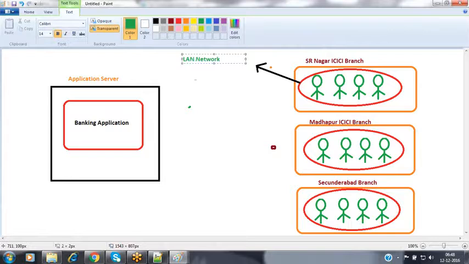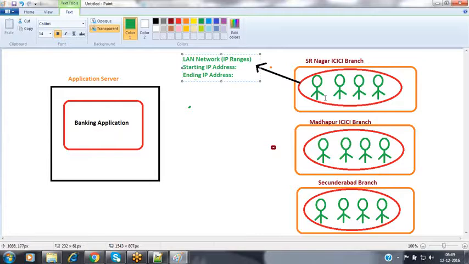For every LAN network, they will have some IP ranges. There will be some IP ranges available for this one. It contains the starting IP address, and it will have the ending IP address.